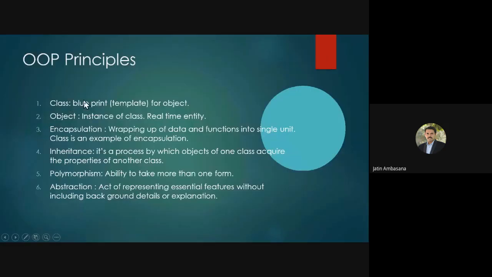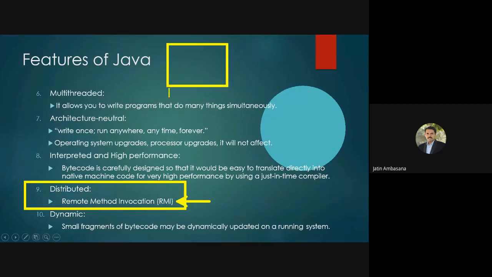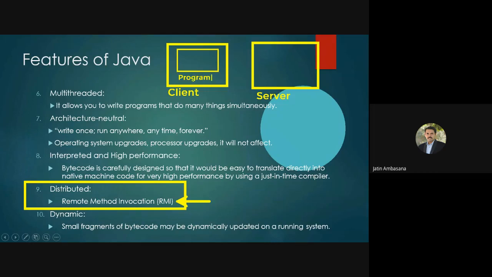RMI. Okay, Jayshankar wants to know what is RMI. No problem. When you start learning advanced Java, in that subject you will go deep into remote method invocation. But it is something like this: a client machine is there, and there is some other server machine. Normally it is a server machine. If you are running a program over here and you are using a class or an object inside it,